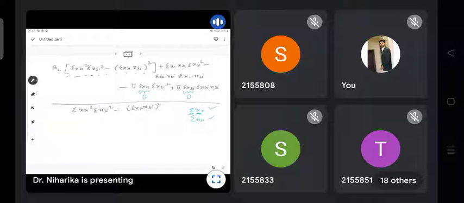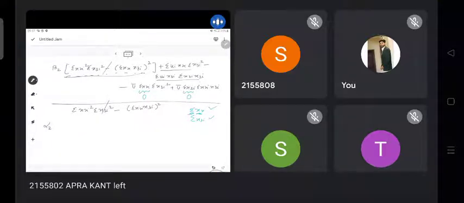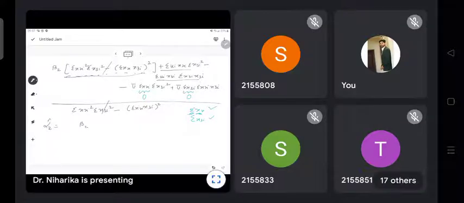So take the denominator separately with this term and with this term. So this will get cancelled. So we are left with beta 2 plus